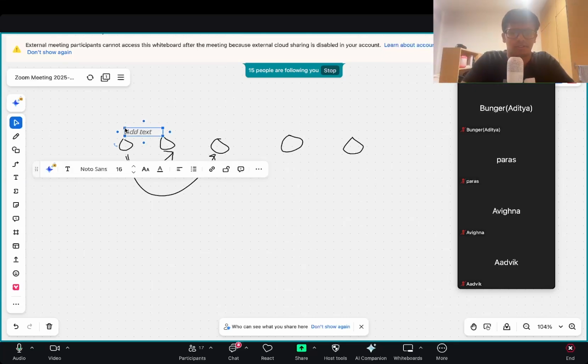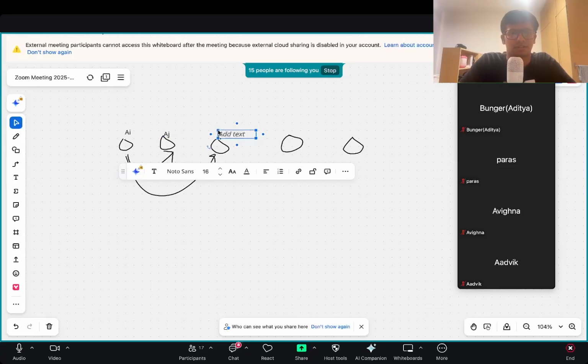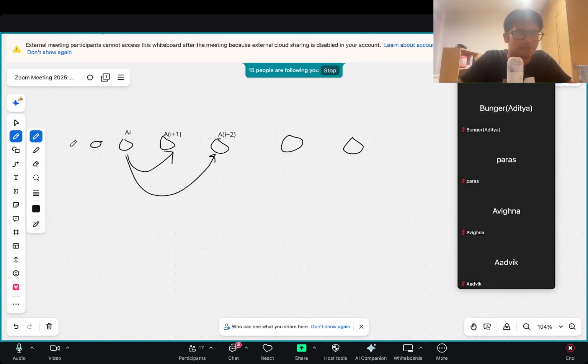Suppose this is AI, this is AI plus 1, not AJ, and AI plus 2. Right, so only these two are possible, and this is the ith element. So let's suppose you have some elements ahead as well, and now when you jump